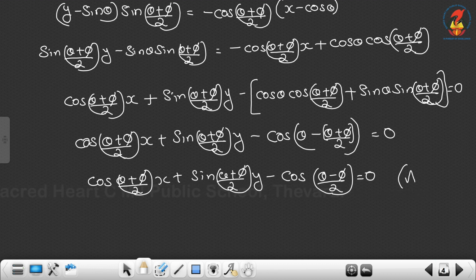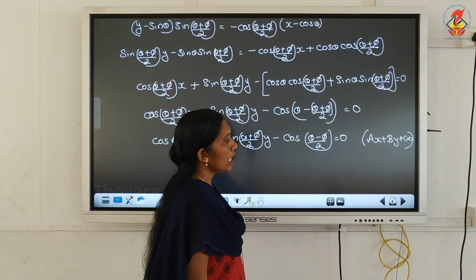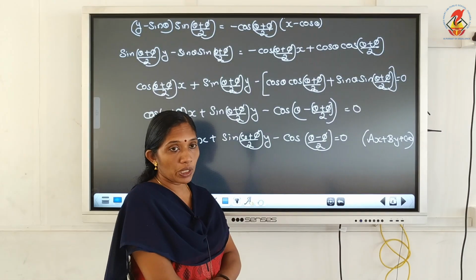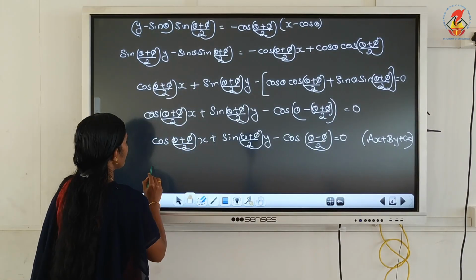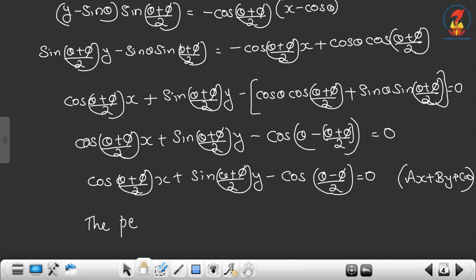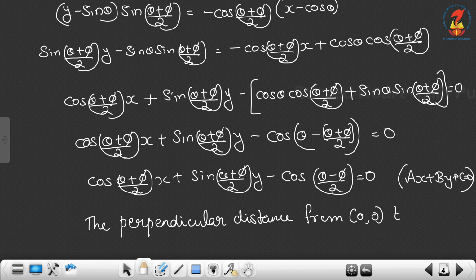Now this equation is in which form? ax plus by plus c is equal to 0. Okay. Now we have to find the perpendicular distance from the origin to this line. So the perpendicular distance from origin, that means (0, 0), to this line